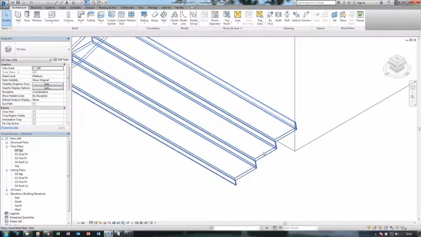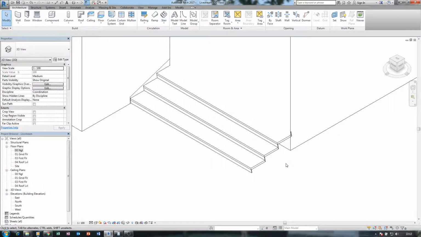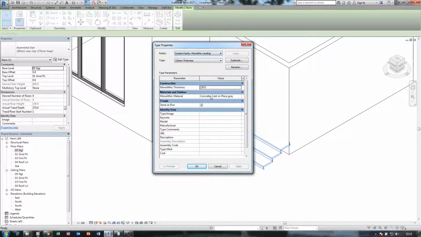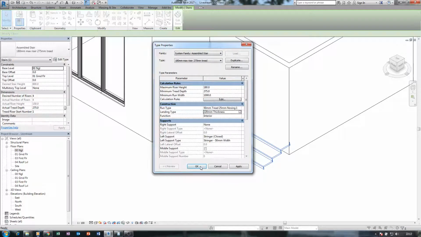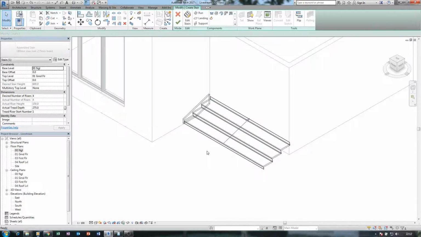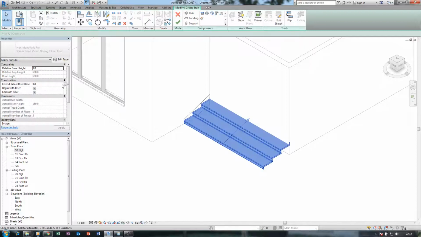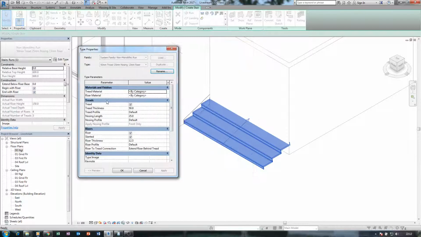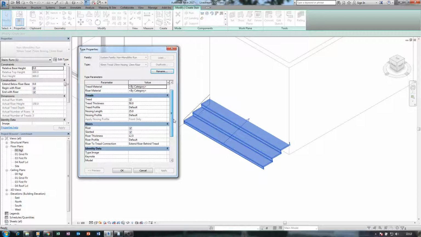Good. Then you have this, which doesn't make sense, so come back to it and come here, non-monolithic, change it to monolithic, and for your monolithic just use this and apply. So we have that. So what I'm going to do now is to come back here, edit type, choose this, edit type actually, and you have this thread profile and all those things, but what I'm actually looking at, I'm not seeing.